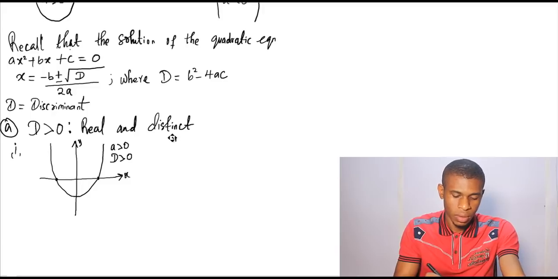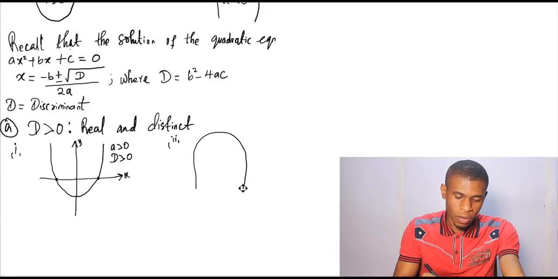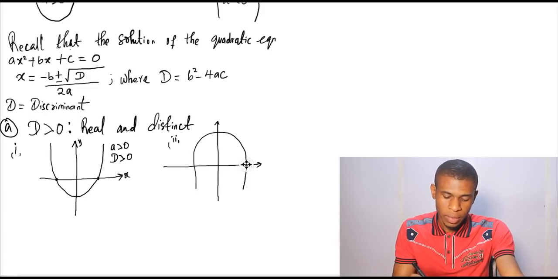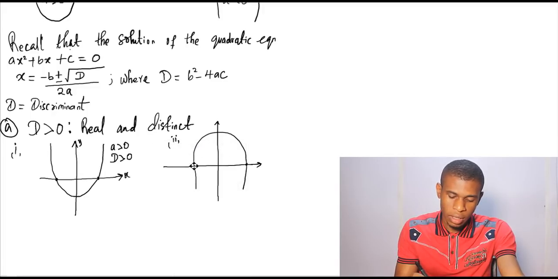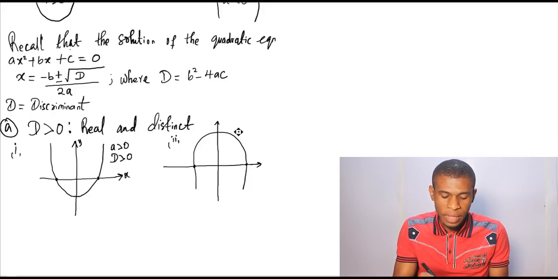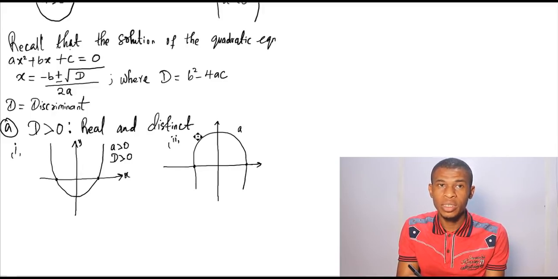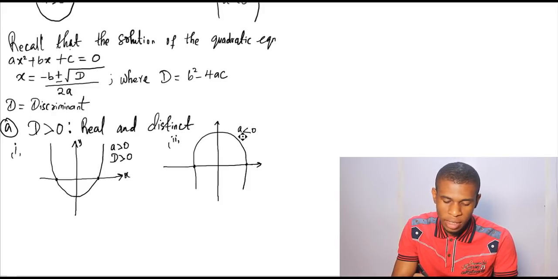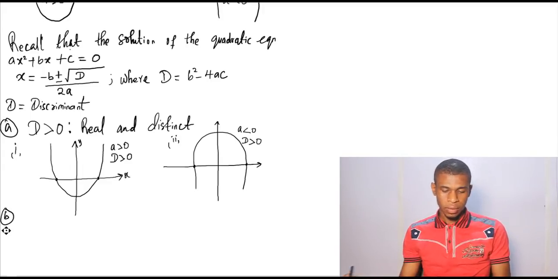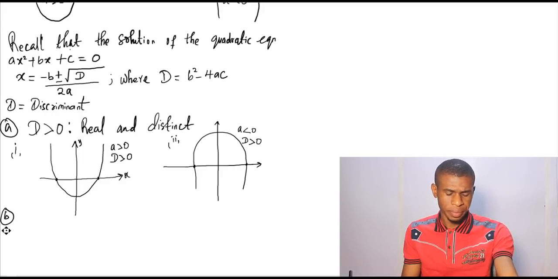greater than 0. We also have another case when the graph curves this way. I draw it like this. These are my axes. In this case, the graph also cuts the x-axis. We are talking about real and distinct. It cuts the x-axis at two different points. Here, a, which is the coefficient of x squared, is less than 0, and D is greater than 0. We still have another case. When the roots are real and distinct, you will observe that